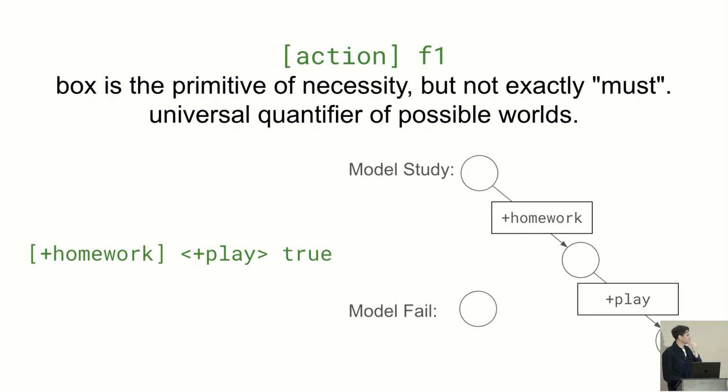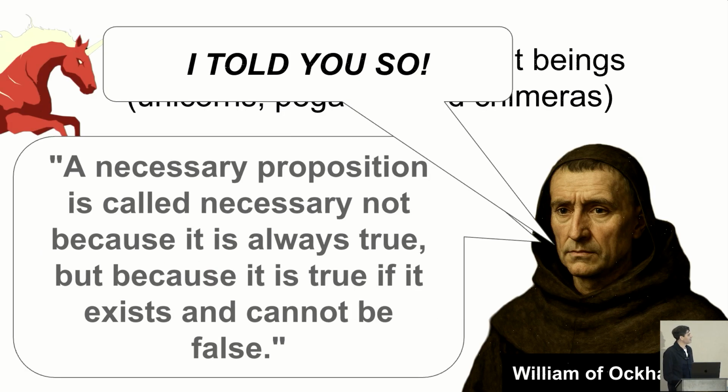And the reason why it does is because this box is a universal quantifier. And this universal quantifier, if there's no transition, it accepts it no matter what. And here's William of Ockham saying, I told you so. And you're like, what? And if we read this text that he wrote over 1,000 years ago, it says, a necessary proposition is called necessary not because it's always true, but because it is true if it exists and cannot be false. So, yeah, I'm sorry, Bill. Clearly, you were working on this a long time ago. And, yeah, this syntax may look a little bit funny, but it is actually the work of thousands of years of people bike-shedding